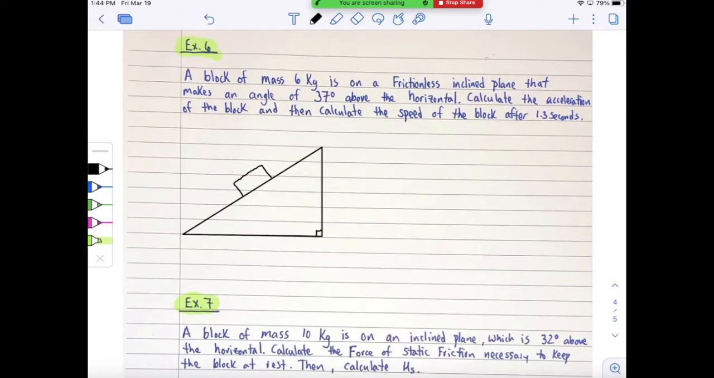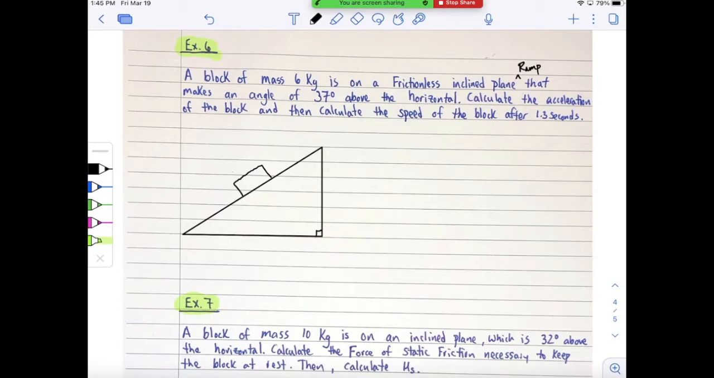All right, so let's go ahead and take a look at example number 6. It says a block of mass 6 kilograms is on a frictionless inclined plane, and that's just the way physics people say ramp, but it sounds a little more sciencey, saying frictionless inclined plane that makes an angle of 37 degrees above the horizontal. Calculate the acceleration of the block and then calculate the speed of the block after 1.3